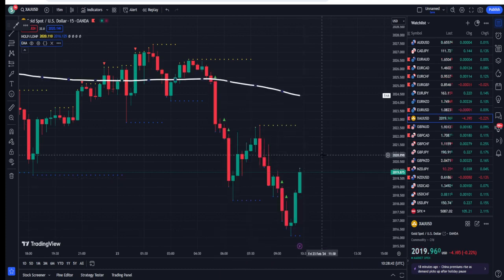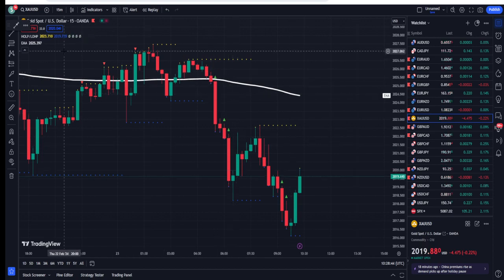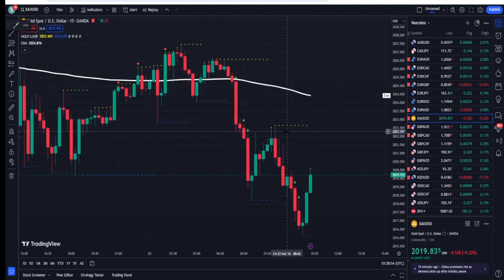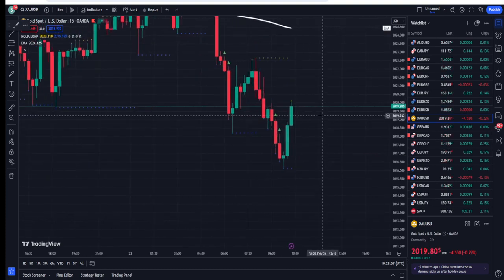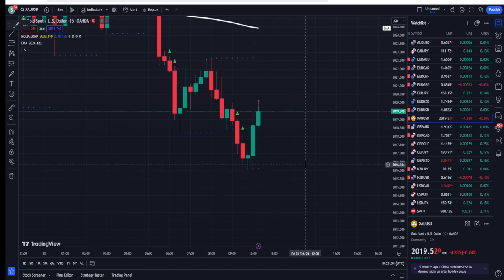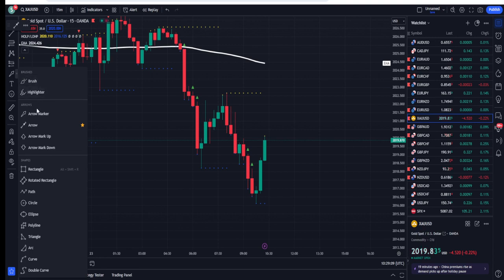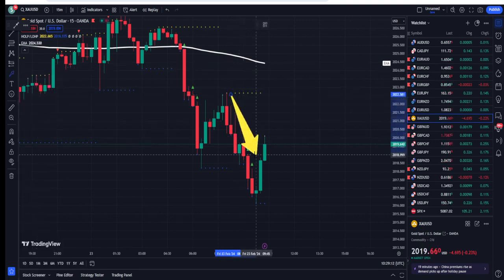Okay guys, so for example, this is the gold 15-minute chart. First of all, you should set yourself a rule that whenever the price action is below the 200 EMA, avoid the buy position. So for example, this is a buy. Then you can see price moved up because it has provided you three dots here. The best way to use this indicator is to short when the price is below the 200 EMA. That was a valid good trade for going short, because the price was subject to go down.